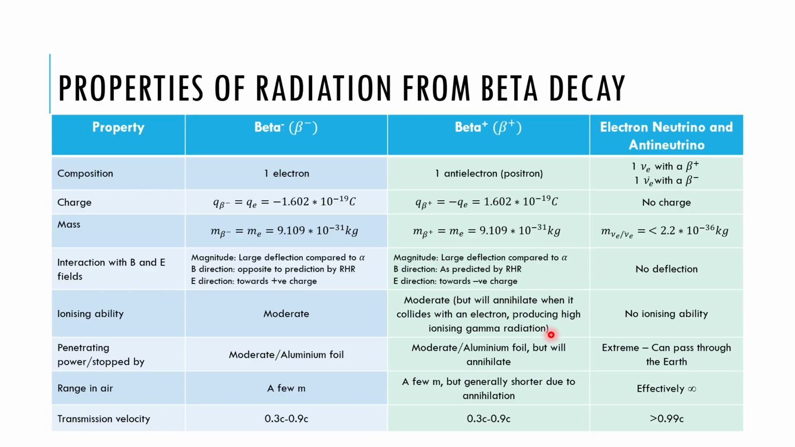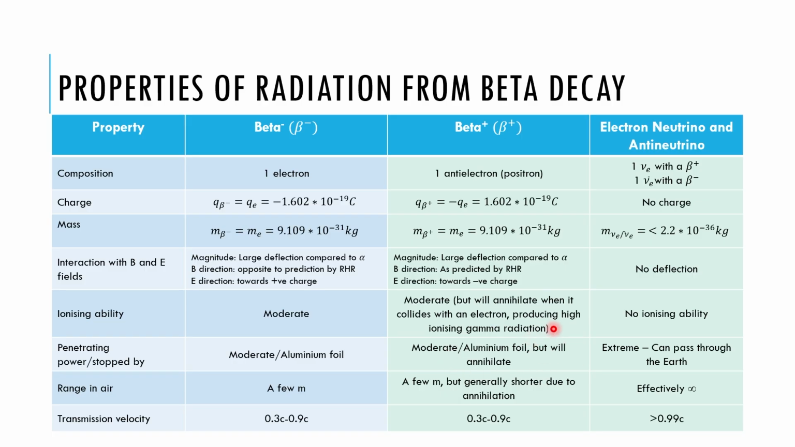But when that happens, highly ionizing gamma radiation is released. So even though theoretically it's moderate, we can also consider that the production of beta plus particles will lead to high amounts of ionizing radiation through the production of gamma particles. Similarly, the penetrating power should be the same as a beta particle,